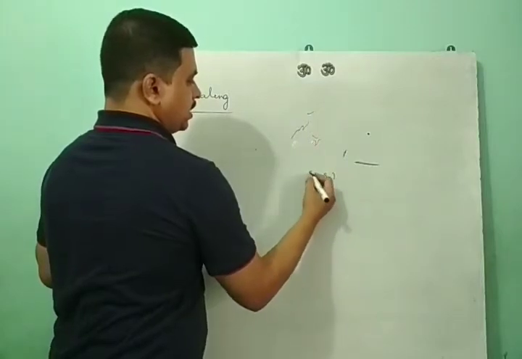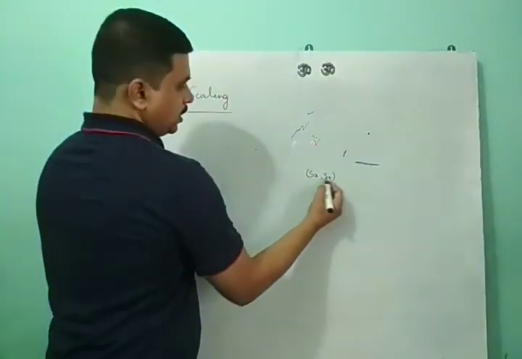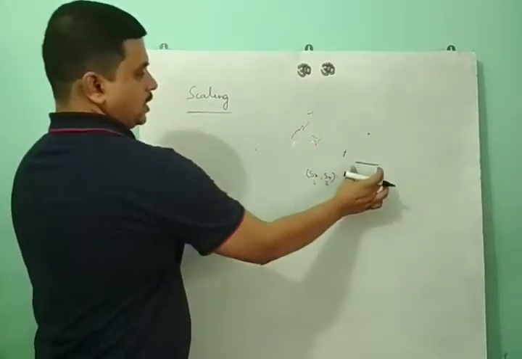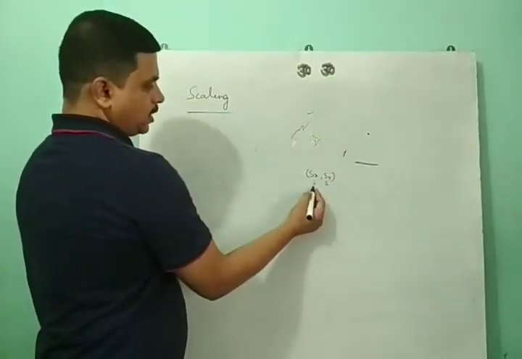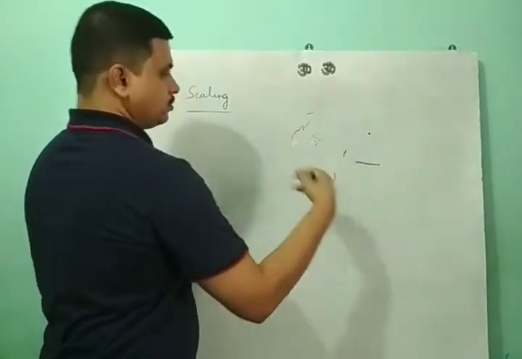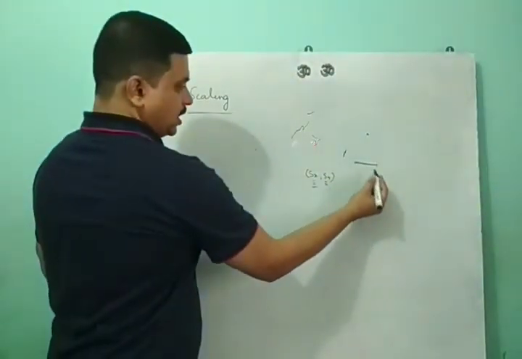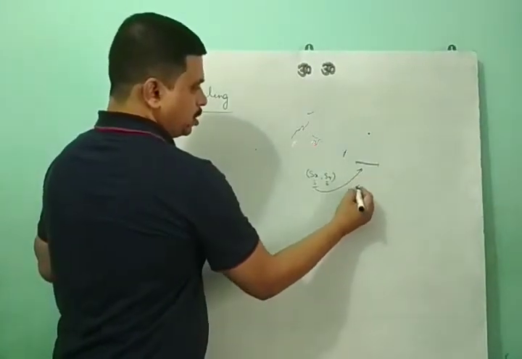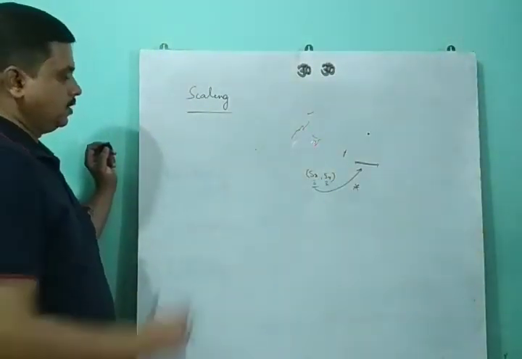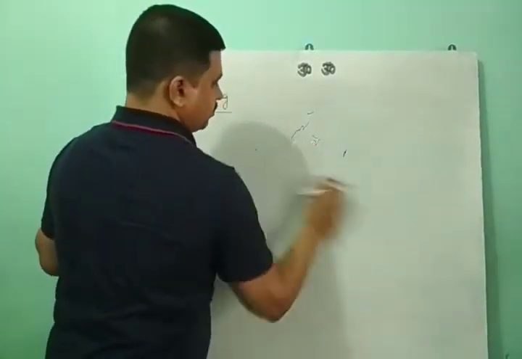Sx, Sy if it is 2D. If it is a unidirectional scaling, then these two values are the same. Say for example 3, 3. The line is scaled by a factor of 3. That means the original line length is increased by 3 times. That means to the initial condition, we just need to multiply the scaling factor. Then we can consider the scaling factor in a coordinate system like this.